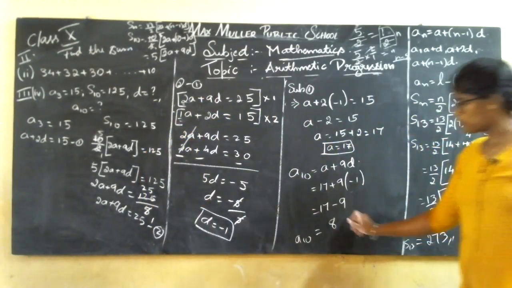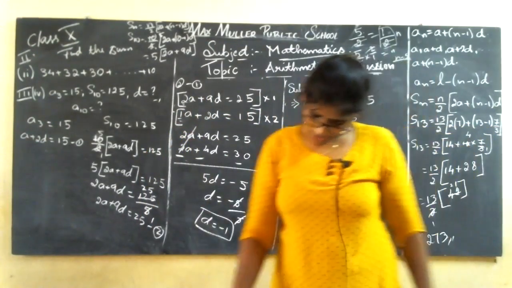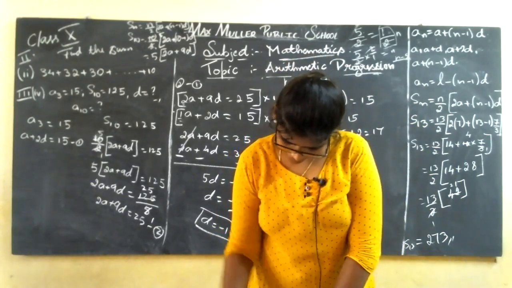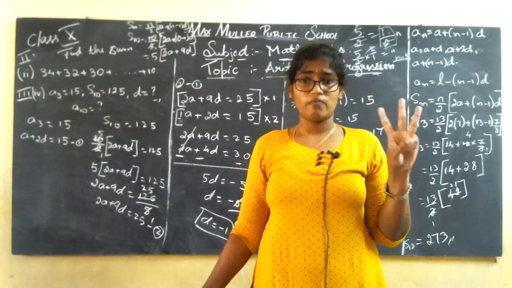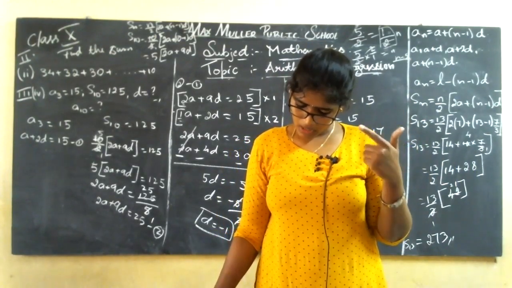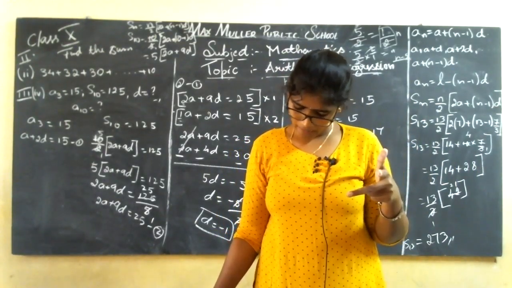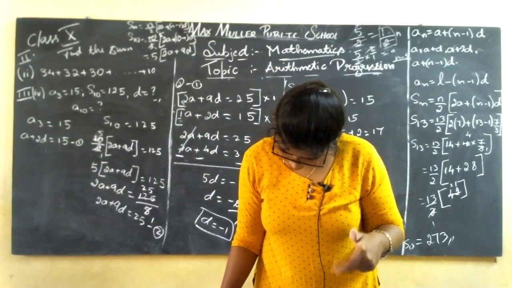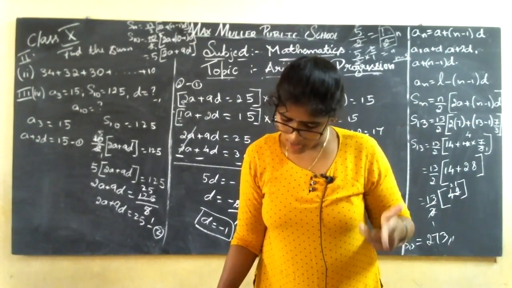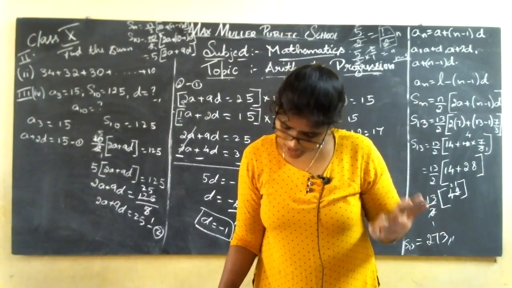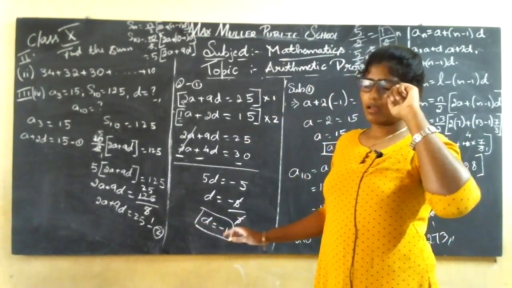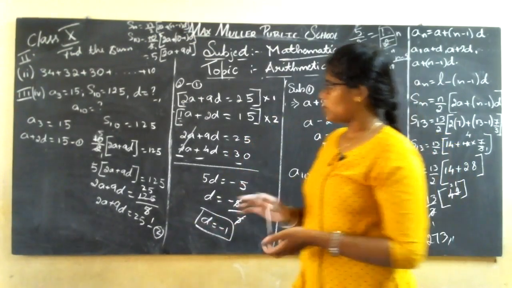Clearly understood how to solve the sum? So try doing the fifth sum. So for today's class, you will be having how many problems for homework? 3 problems. That is second sum, third sum, and fifth sum. Try. In the fifth sum, they have given d value and S9 value. You need to find the a value and a9 value. Same thing, no difference.